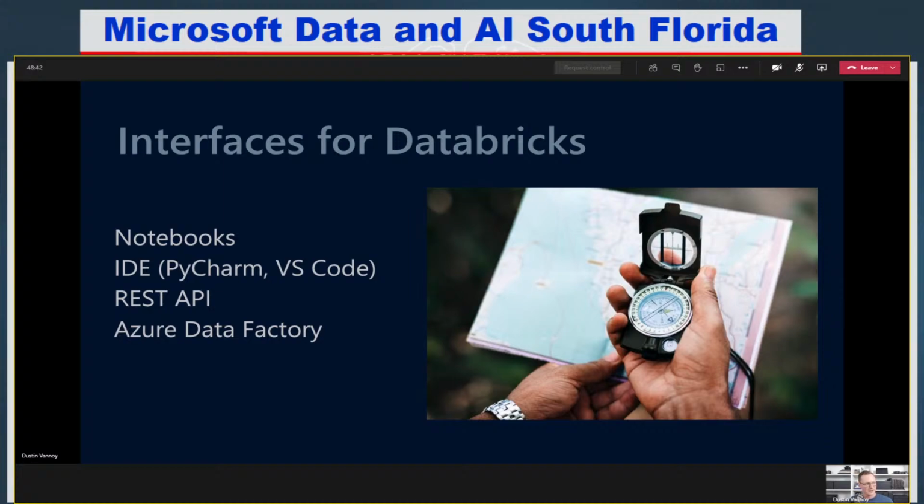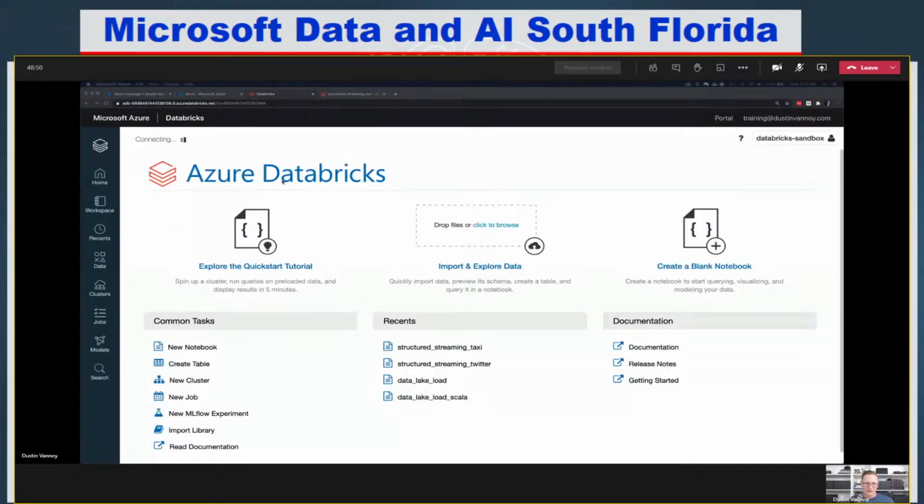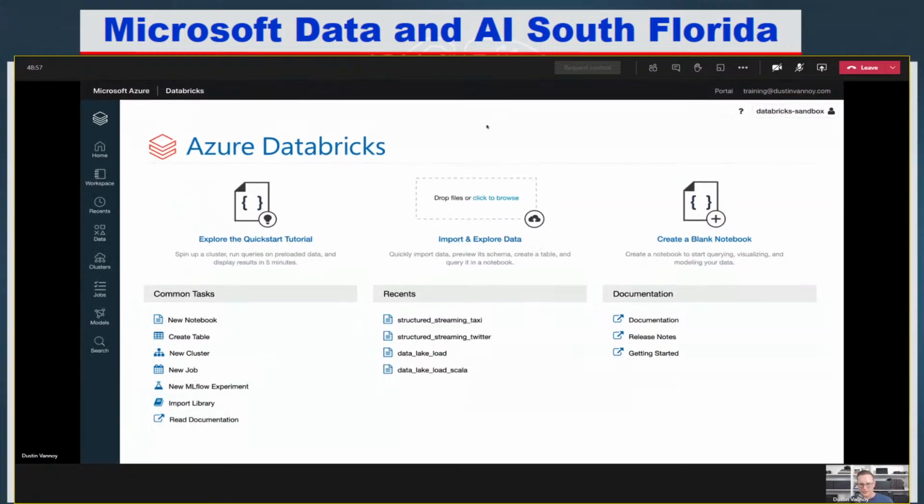So with that, let's take a little breather from slides here and take a look at what the Databricks workspace looks like, just so that everyone on the group here can be in the loop on this. So this is our Databricks workspace. By the way, if you have questions at this point about the basics of why the heck I'm talking about Spark, why I'm talking about Databricks, get those questions in the chat. We'll try and take those pretty soon.